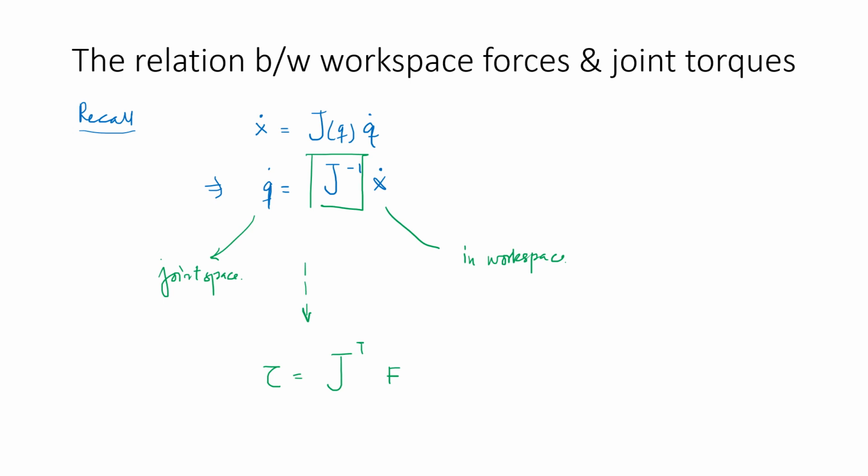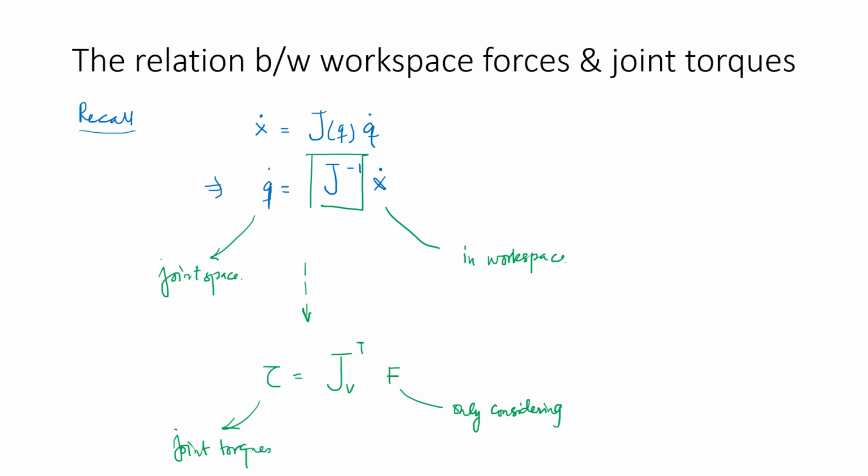Now the other thing is that we are only considering the forces. So when we only consider the forces, obviously this is not going to be a full Jacobian that will be required. It is only going to be the Jacobian for the linear velocity part. So for that reason, I'll write a little subscript over there. JV transpose times the forces that we have already computed are going to give you the joint torques. So these are joint torques,